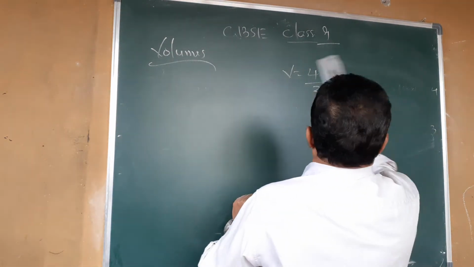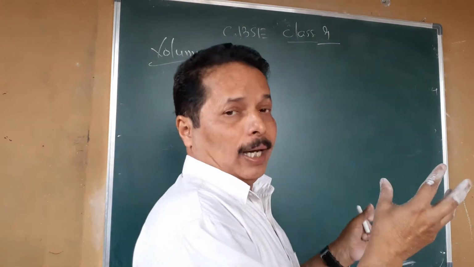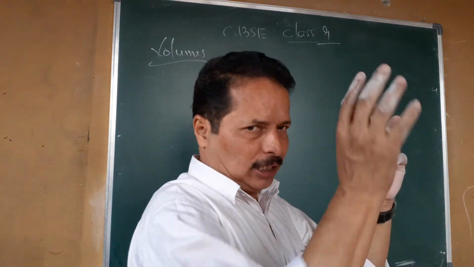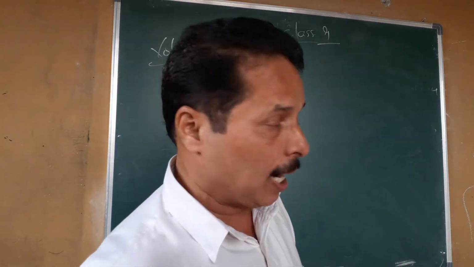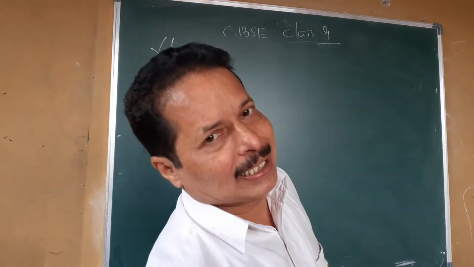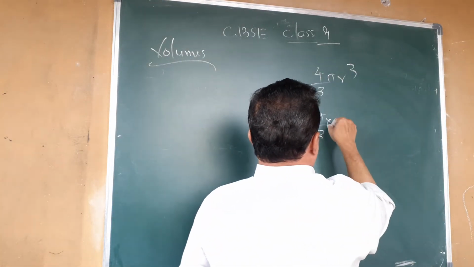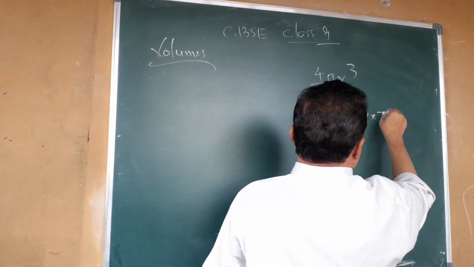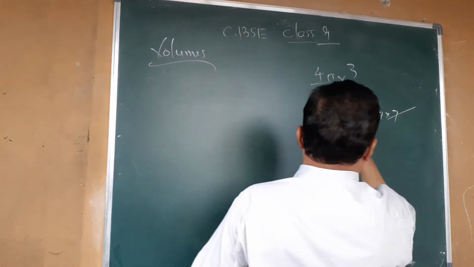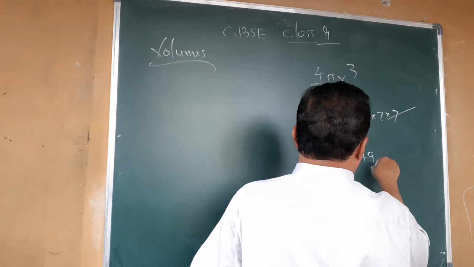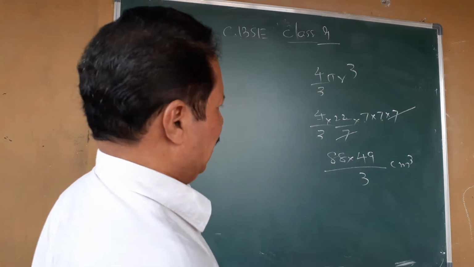Okay. Now find the mass. Find the mass of a spherical metallic ball. Spherical means in the shape of a sphere. Spherical metallic ball of radius 7 cm. So for mass, we want to find the volume first. So 4 by 3 into 22 by 7 into radius 7. So 7 cube is 7 into 7 into 7. You complete it: 4 into 22 is 88, 7 into 7 is 49, divided by 3. That's in centimeter cube. You complete the multiplication.